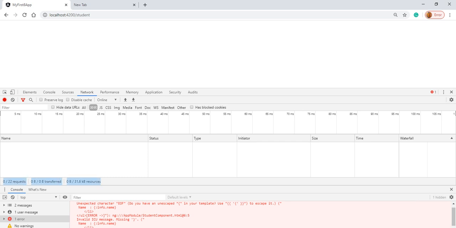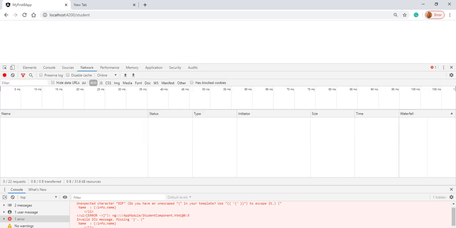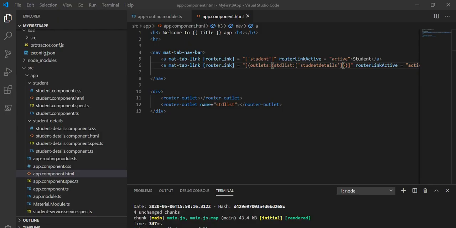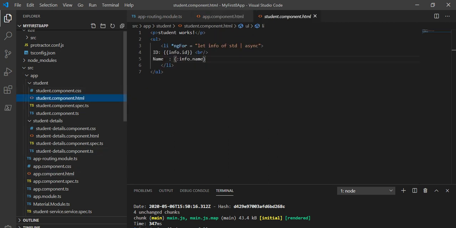So basically here it is saying the problem is on the student component html page. Okay, we made some mistake while putting this interpolation. So go to this student html page. Okay, so we put it wrong, that's why it is showing this error.